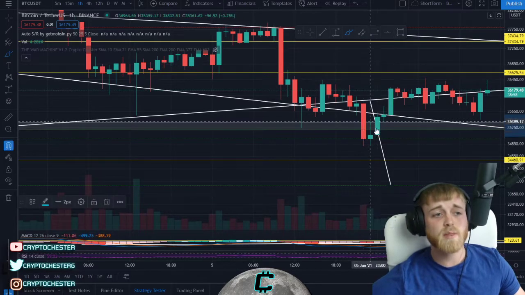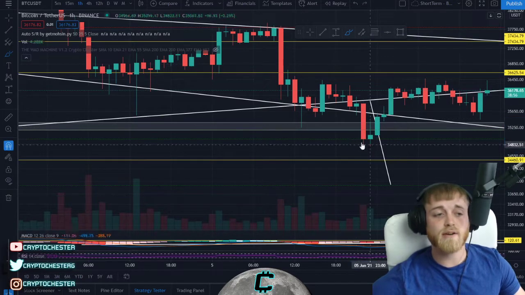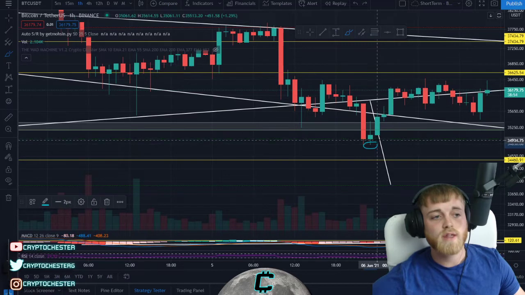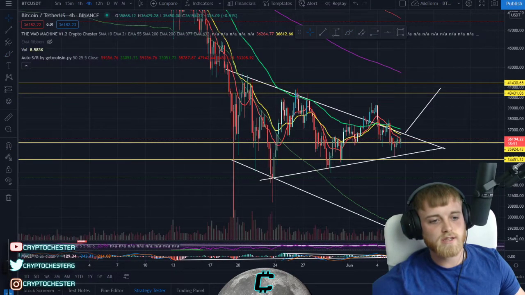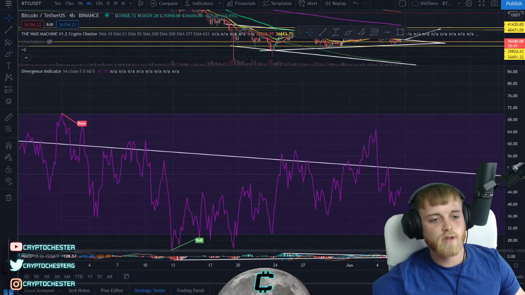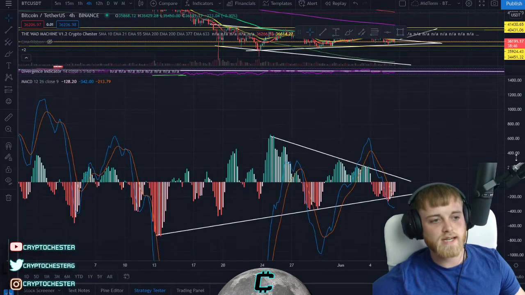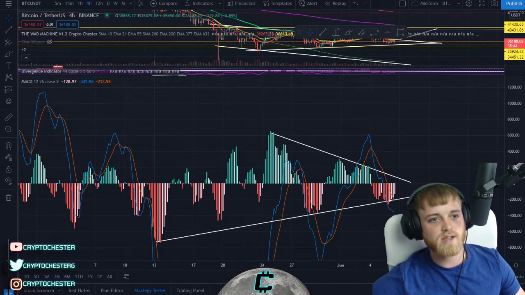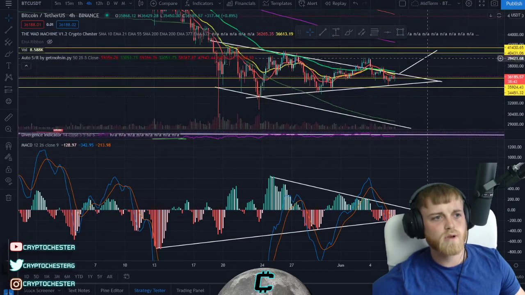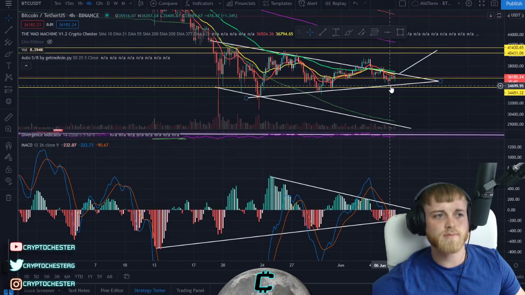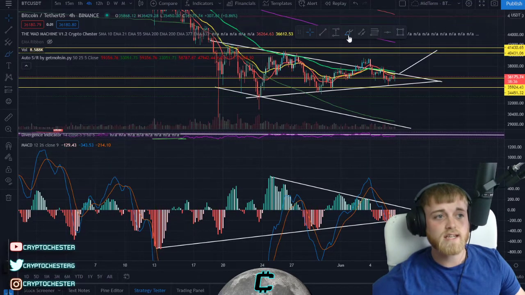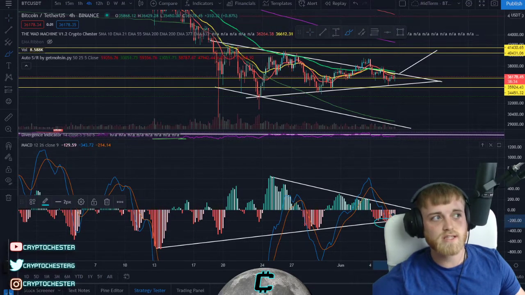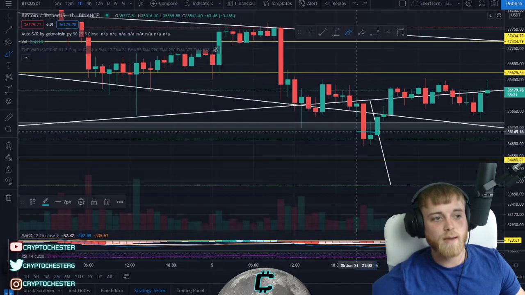And then obviously the price proceeded to dump from there, and then we saw this higher low candle get created. Now let me jump to the midterm right now, because if we look at the MACD, I was referencing the MACD throughout the trade here, and as you can see, when we get to this zone, let me make this more visually appealing for you guys. When you get to this zone here, the bottom side of this symmetrical triangle on the midterm here, you can actually see this is where the trend started to fizzle out, and that's basically what happened here in this zone here.